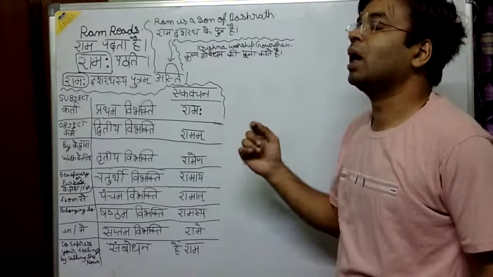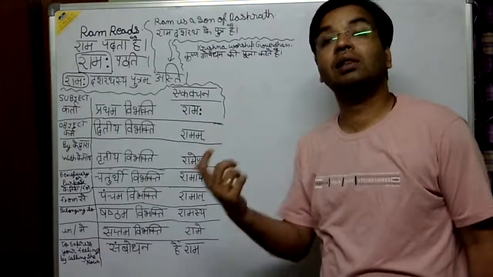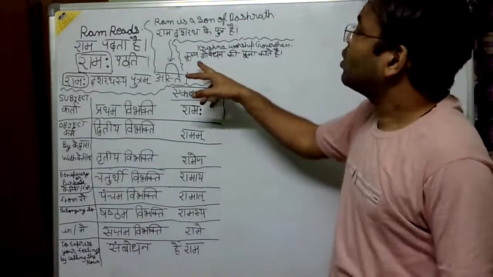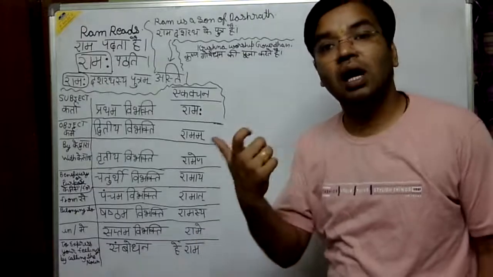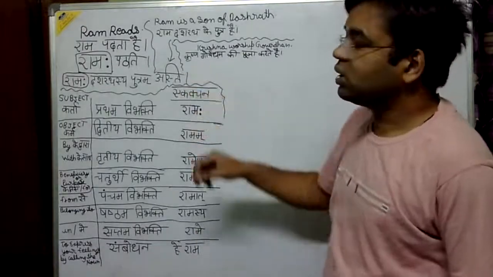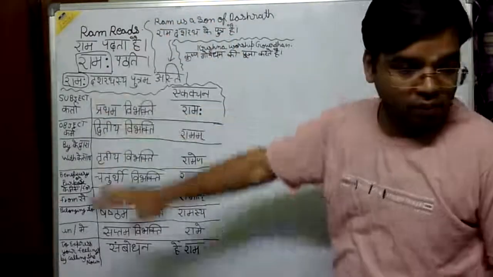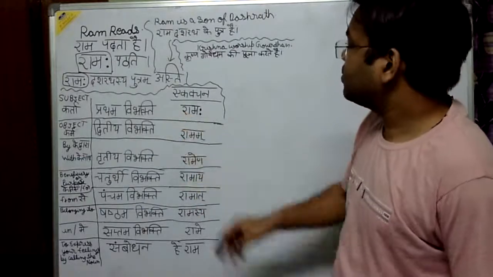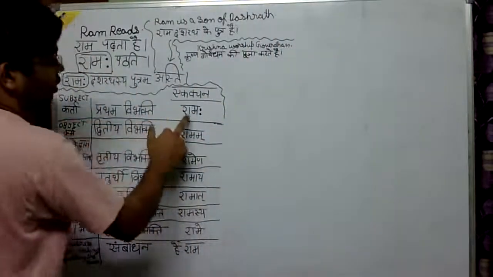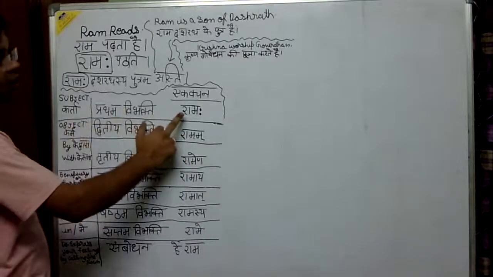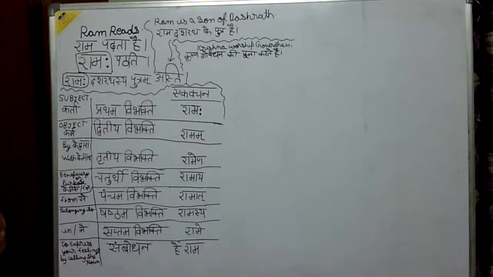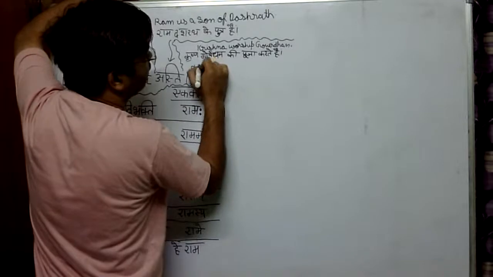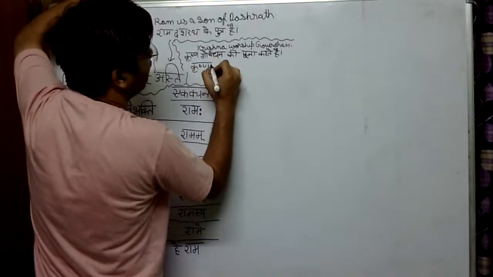As here it is written Rama. What is Rama? Rama is an Akarant word ending with a sound, and male. So here also Krishna is a word ending with a sound, and also male. So the same Shabd Rupas will be followed for Krishna. So what would be the Ekavachan Prathama Vibhakti for Krishna? That would be Krishnaha. Okay. And Krishnaha